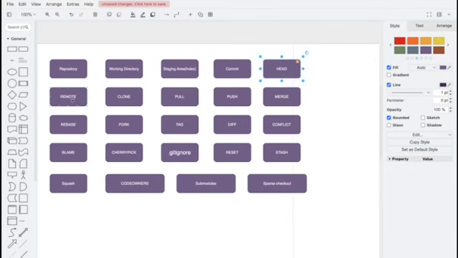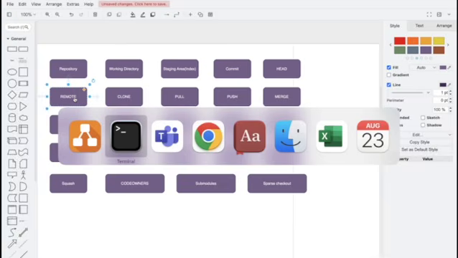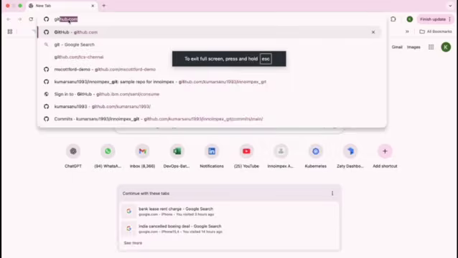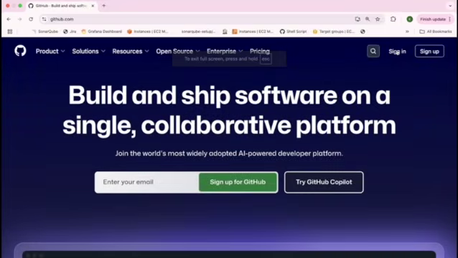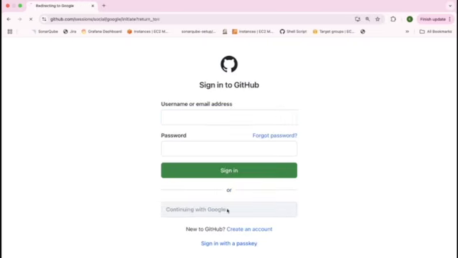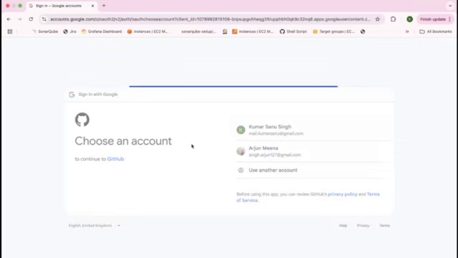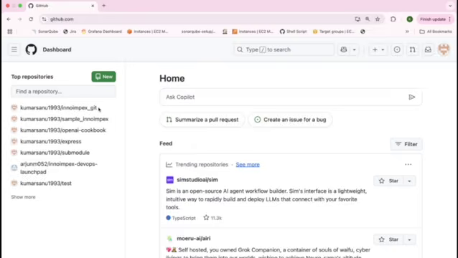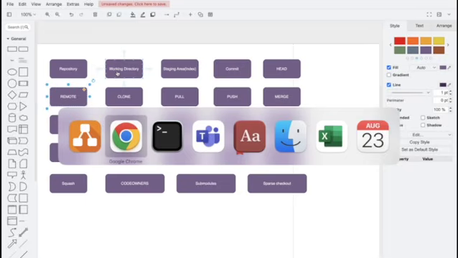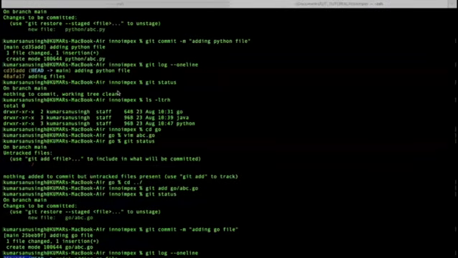Okay. Now coming to the question: remote. What is a remote? It is where two or more persons can access the same file. For example, this is github.com. Now let me sign in, continue with Google. I'm signing in. So this is my remote repository. This is not available in my local, but whatever changes I have done till now, I did in local only.